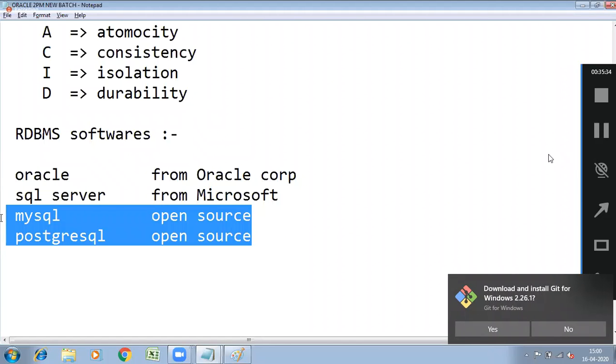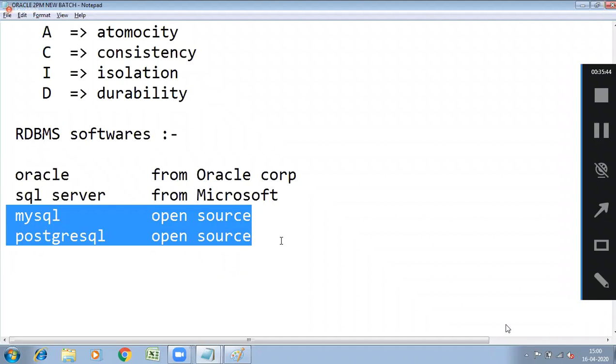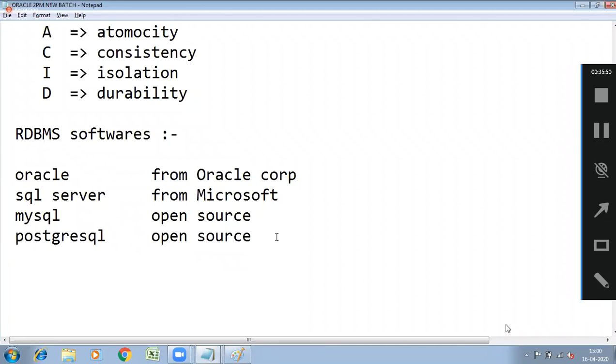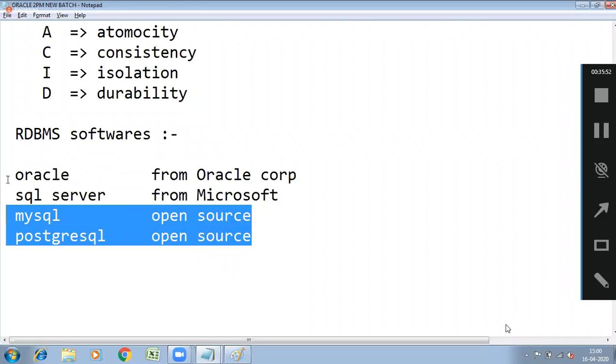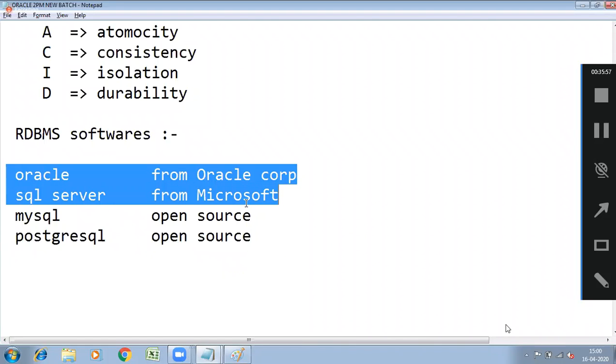Small companies and startup companies don't want advanced features. They want only the basic features, so they use MySQL and PostgreSQL. A basic database is enough, and they can't spend money on licenses. But middle range and large scale companies will definitely use Oracle, because they need a database with advanced features.